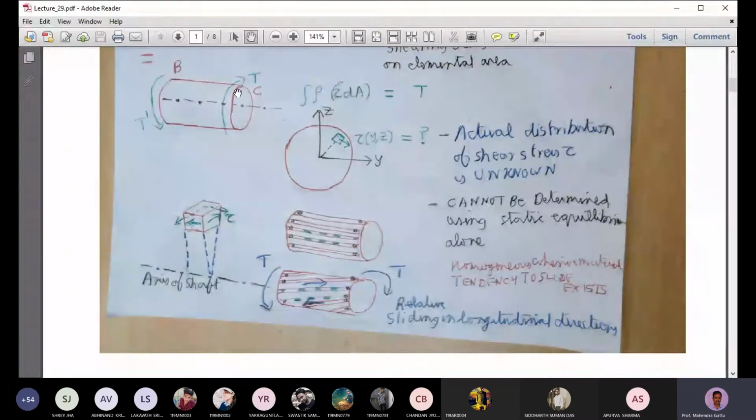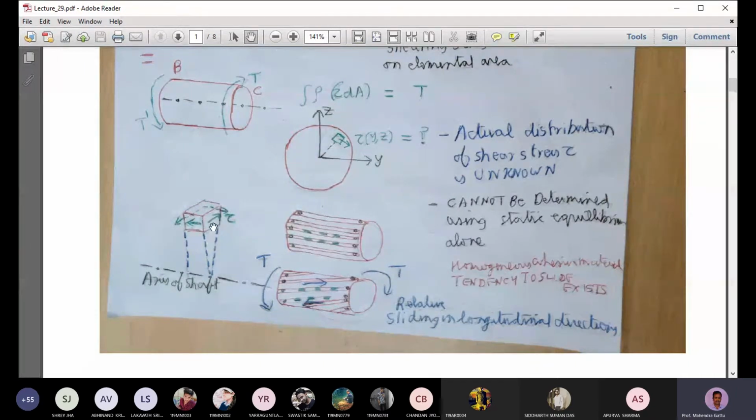So, acting on that cut cross-sectional area, with this shear stress there is a corresponding longitudinal stress. Here the tau on this face corresponds to the tau on this face. There is a shear stress acting there, and this is the axis of the shaft. This plane is oriented along the axis of the shaft, and we have a shear stress here also, acting along the axis of the shaft, or you can call it the longitudinal shear stress.